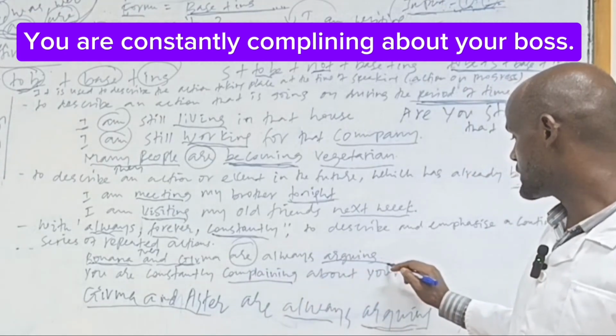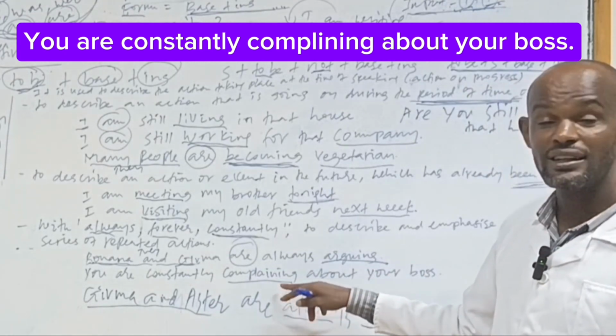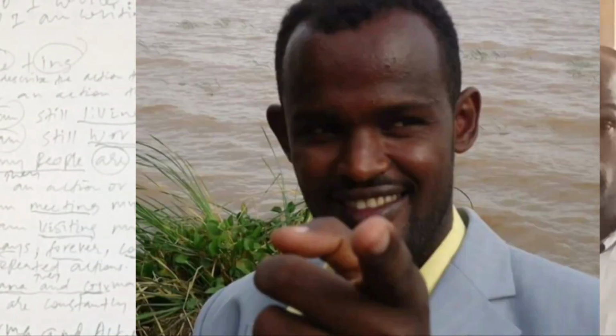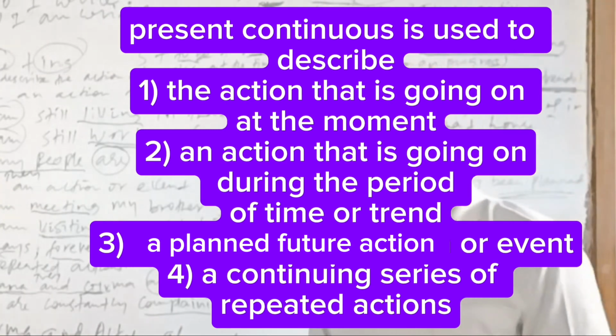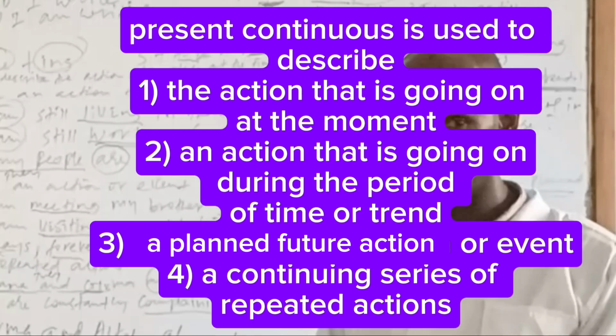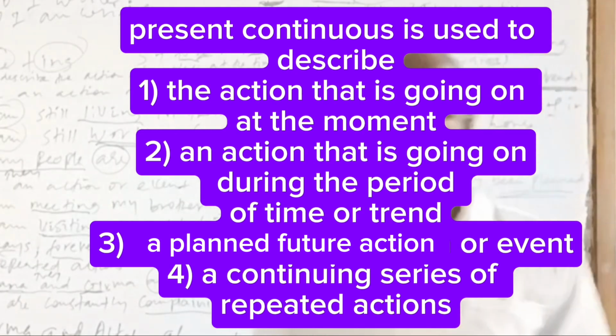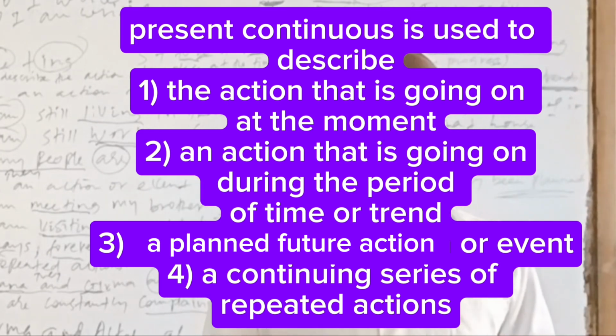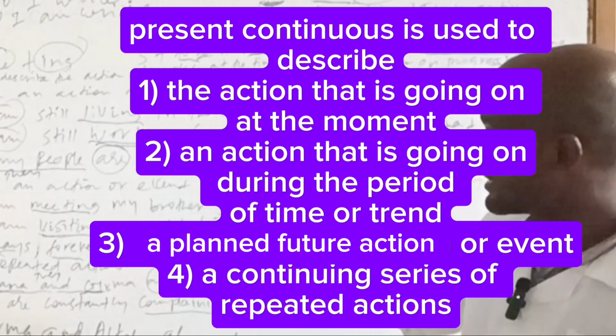Complaining, arguing, these are appearing in ing form, but they are not showing or indicating or referring to the action taking place at the time of speaking. So, more or less, the main uses of present continuous are these. So, don't think that the use of present continuous is only to indicate the action that is taking place at the time of speaking, or for the progress action alone. There are many, as we saw.